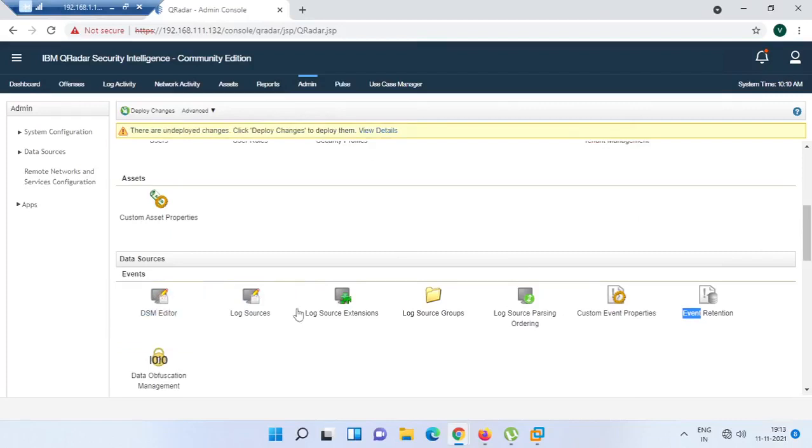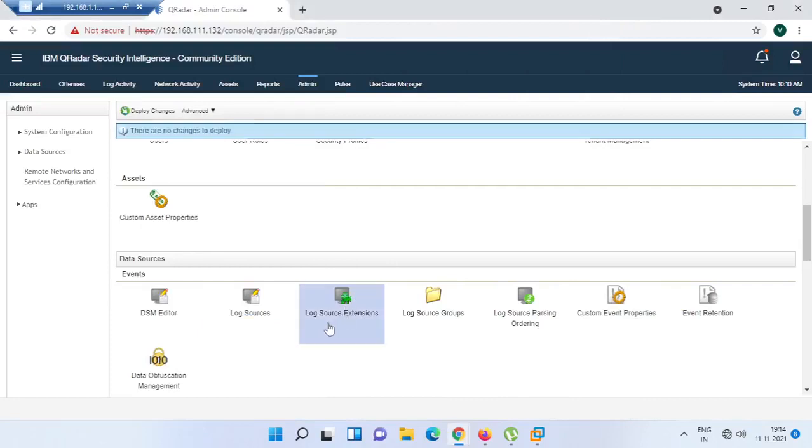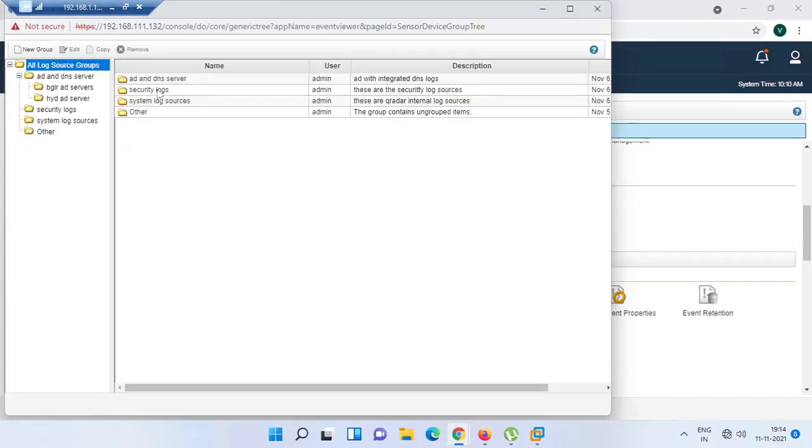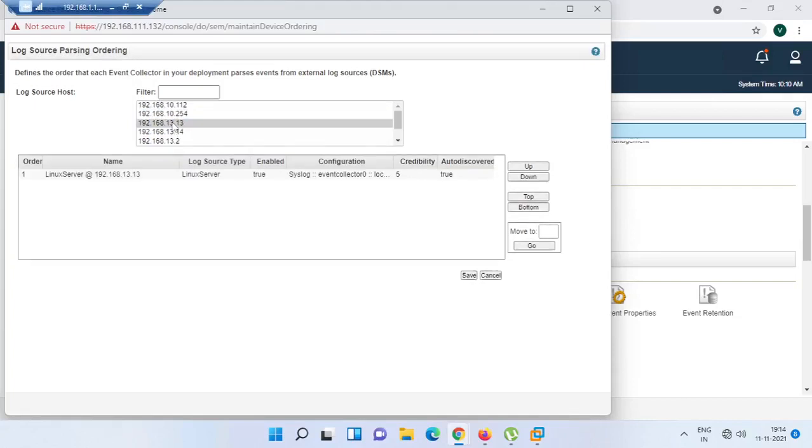The entire thing from here to here is called log source management. We have added log sources automatically, and sometimes we have created them manually. There are also extensions and groups. You can create multiple groups like this and add log sources to your groups accordingly, and you can do parsing. So you can move it to the bottom as it is a community edition. Wait a while, please.